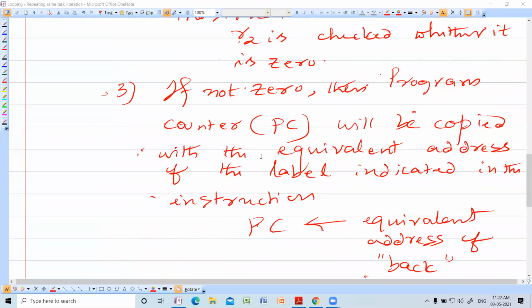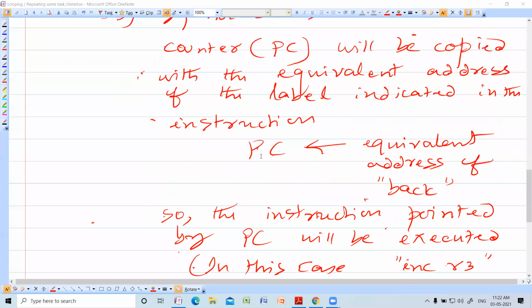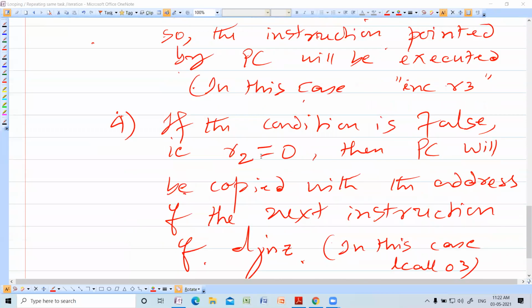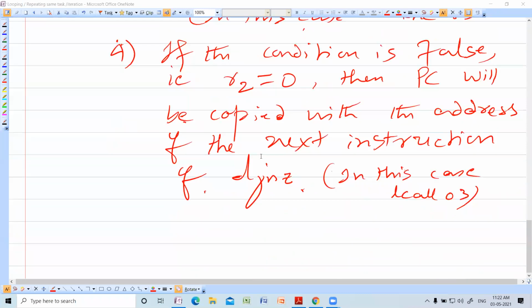If not 0, that is condition is true, then the program counter will be copied with the equivalent address of the label indicated in the instruction. So PC will be copied by the equivalent address of back. So the instruction pointed by PC will be executed. In this case, it is increment R3. If the condition is false, that is R2 is equal to 0, then the PC will be copied with the address of the next instruction of DJNZ.